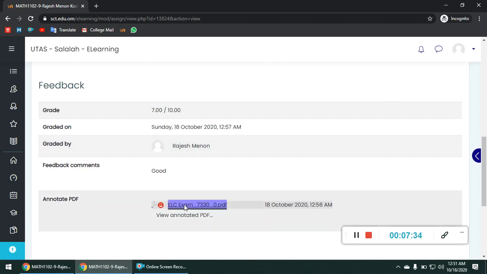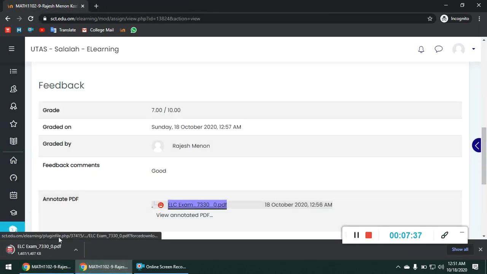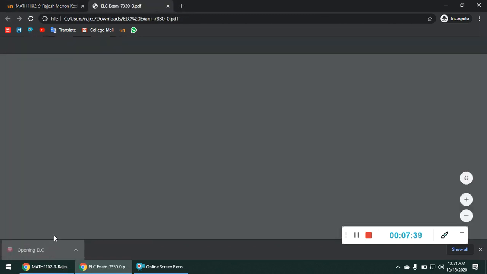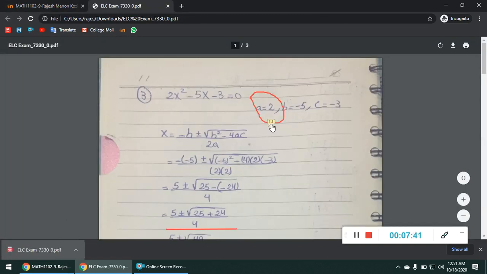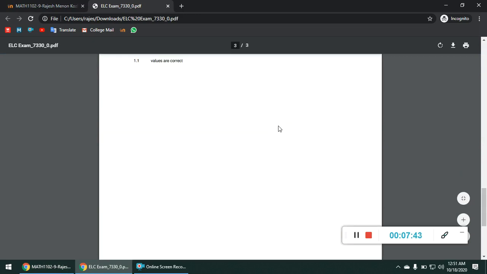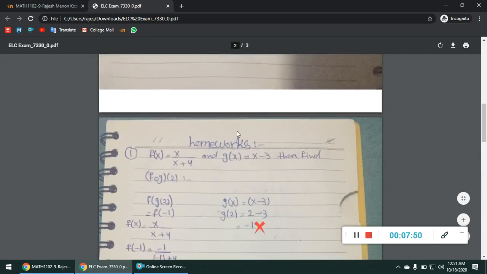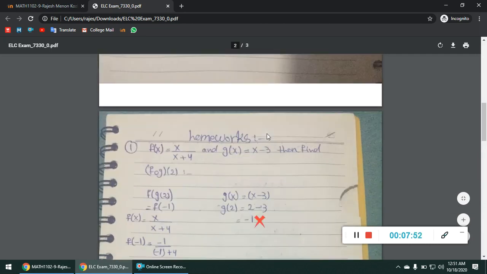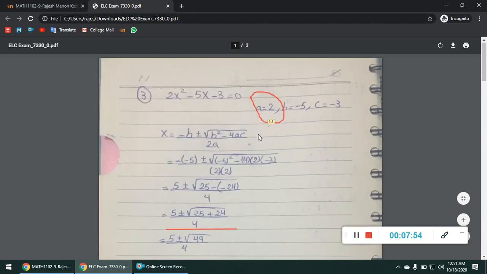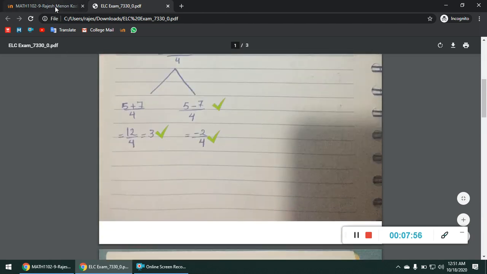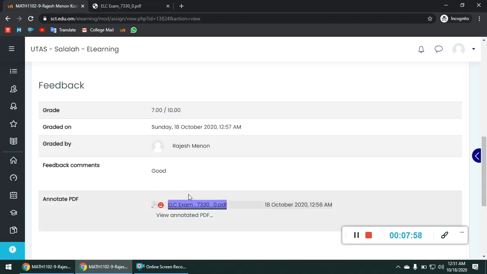Now this is the answer page. When the student clicks on this, he can see this PDF file with the teacher's comment. So when the student clicks on that, he will see the comment there. So the stamps are there, the highlighting, everything will be there. And the student will also see the marks. So this is how you create an assignment. The student submits, you grade it, and the student views the grade.